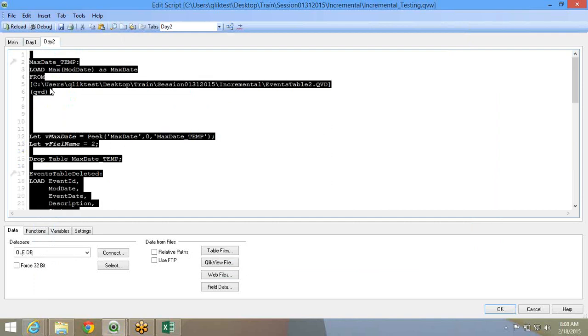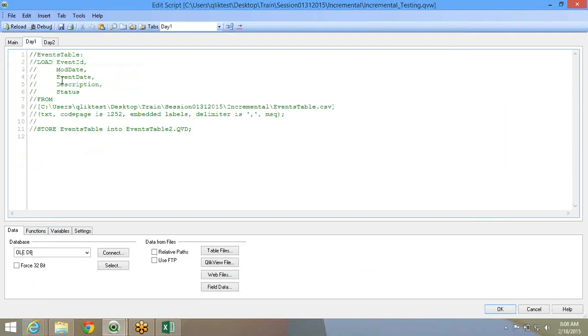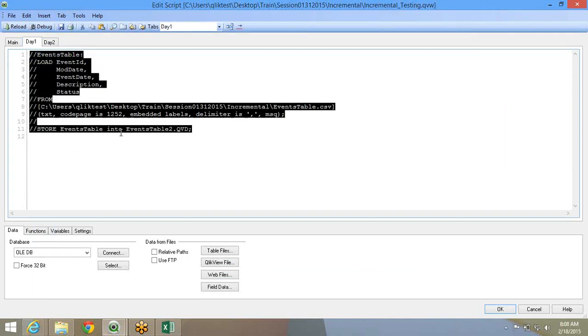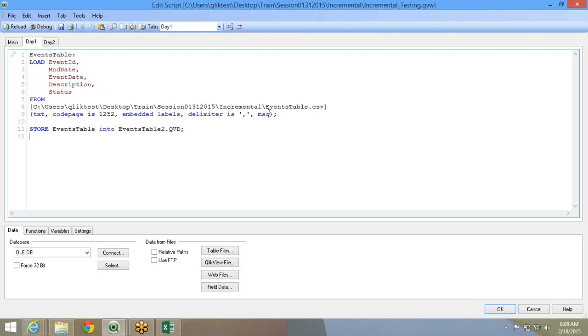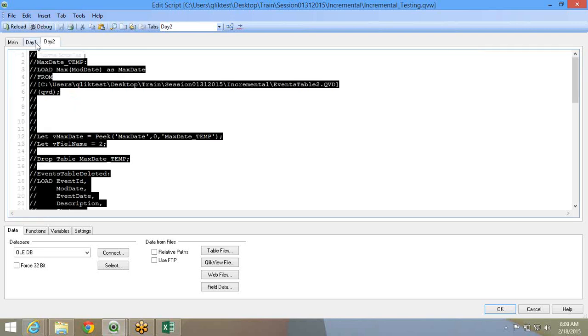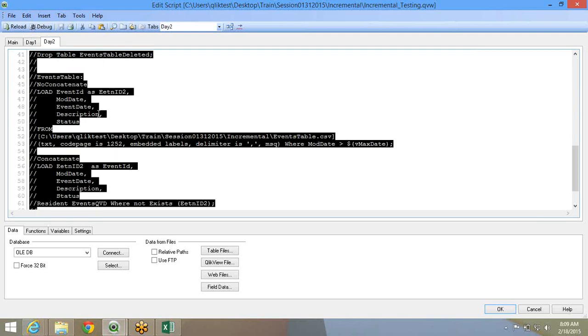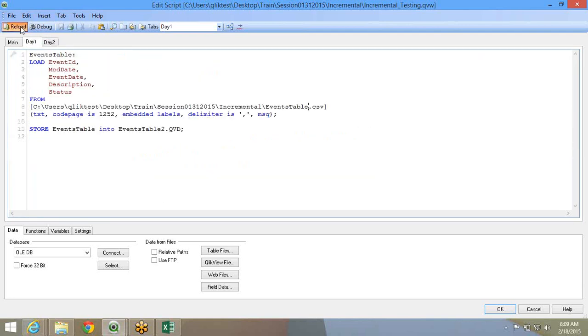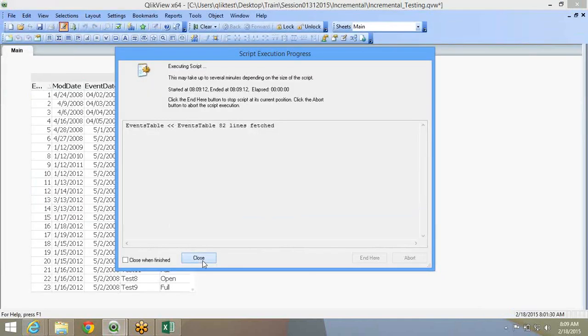So technically our day 1 QVD has not created anything. Store it as events table 2. Okay, no, CSV. This is 82 records.